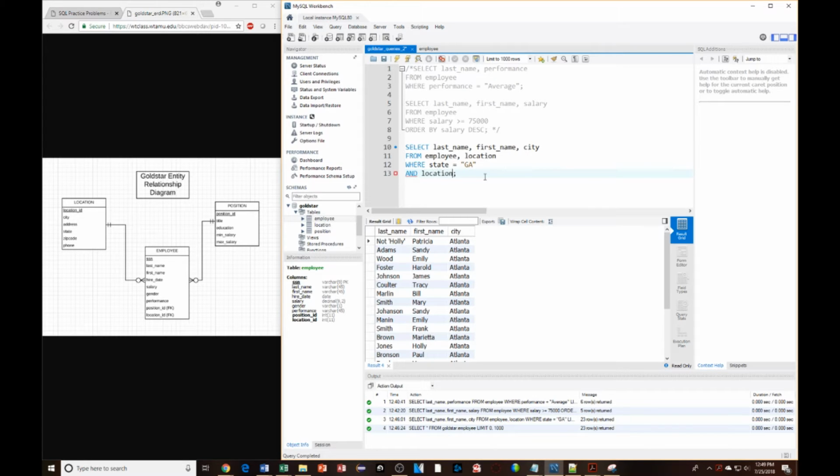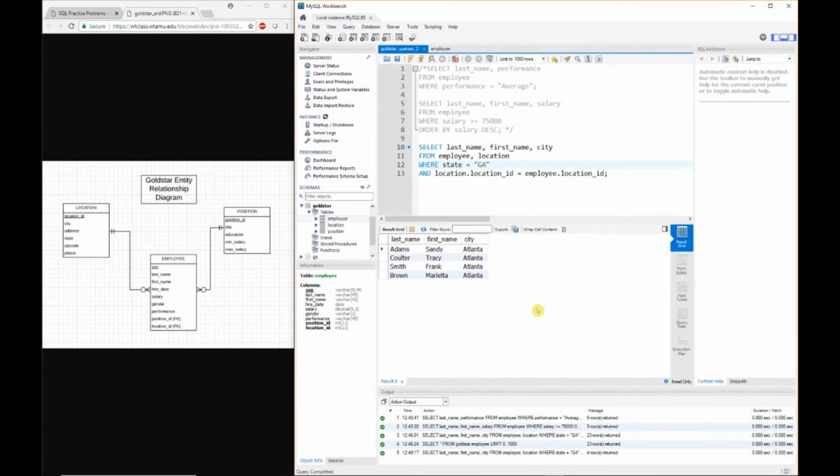So location ID is equal to the foreign key employee.location ID. So we've set the primary key equal to the foreign key. Let's rerun the query. Now you can see that we only have 4 records returned, and it's more likely that